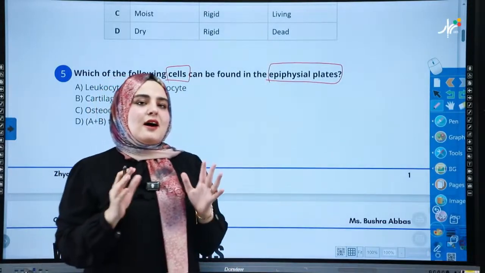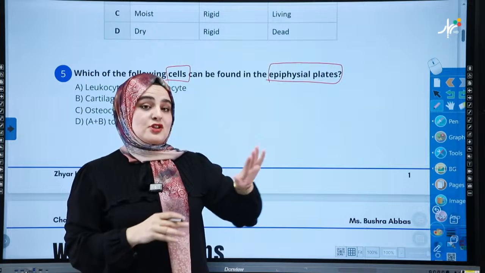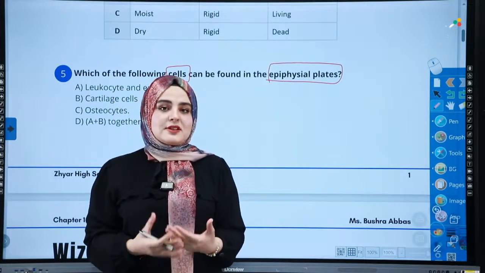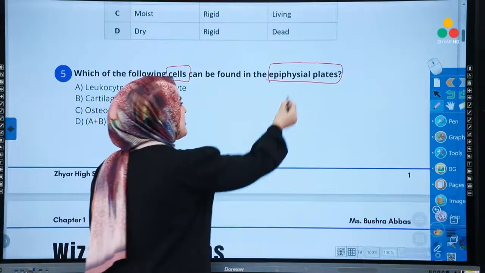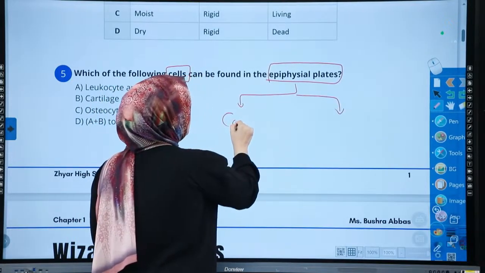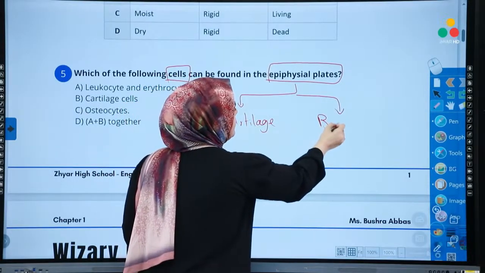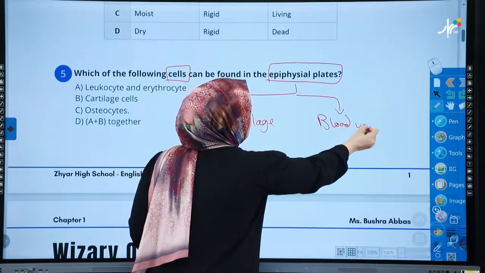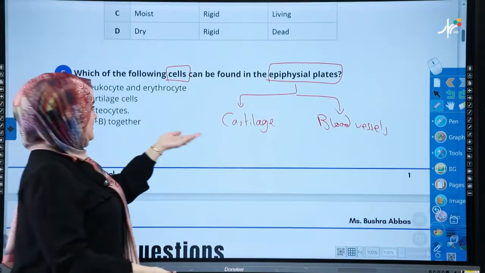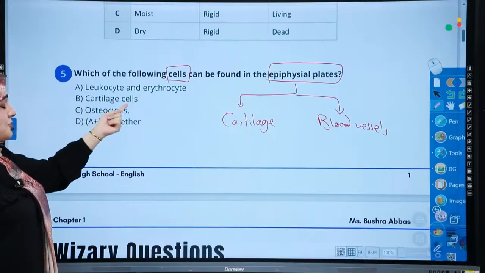Epiphyseal plates are part of the bone, at the end of the long bone especially, that help the bone to elongate. We studied that. And we said that epiphyseal plates are made of two things, the cartilage and the blood vessels. According to what we said, the cartilage, you can see clearly, it says leukocyte and erythrocyte, cartilage cells,